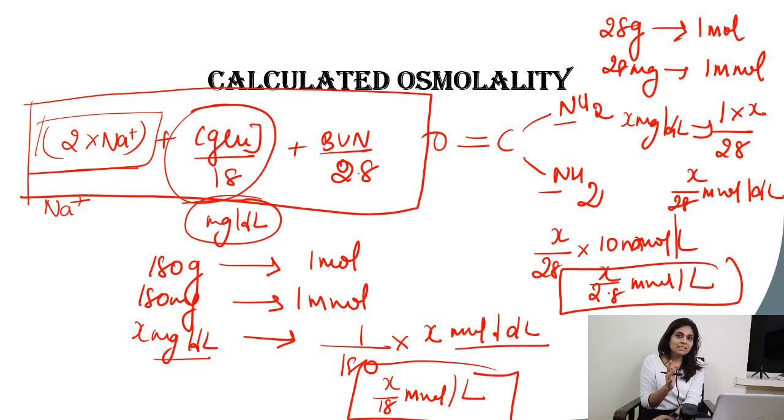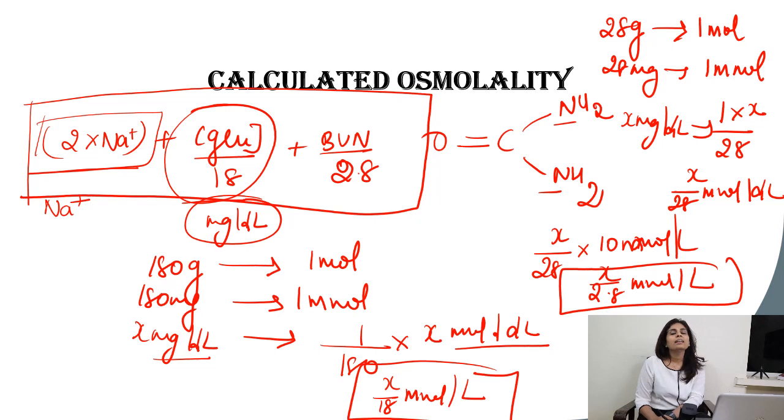In all Western countries, glucose concentration and blood urea nitrogen would be expressed as millimoles. In which case, do not again divide it by 18, do not again divide it by 2.8. In that case, you just add all three components. Measure sodium, which will be expressed as milliequivalents per liter, multiplied by 2. Check the glucose concentration, which is expressed in millimoles, add. Check the blood urea nitrogen concentration, which is expressed in millimoles, add it. And that will give you the final calculated serum osmolality.